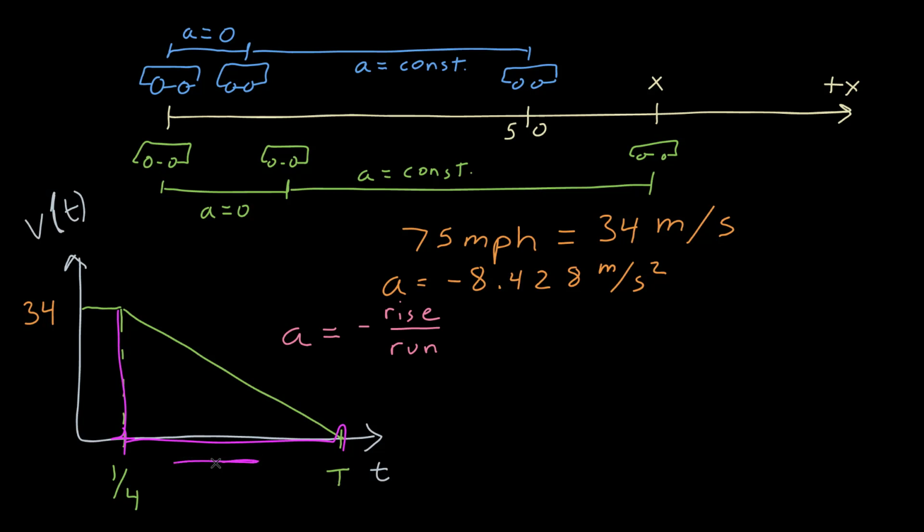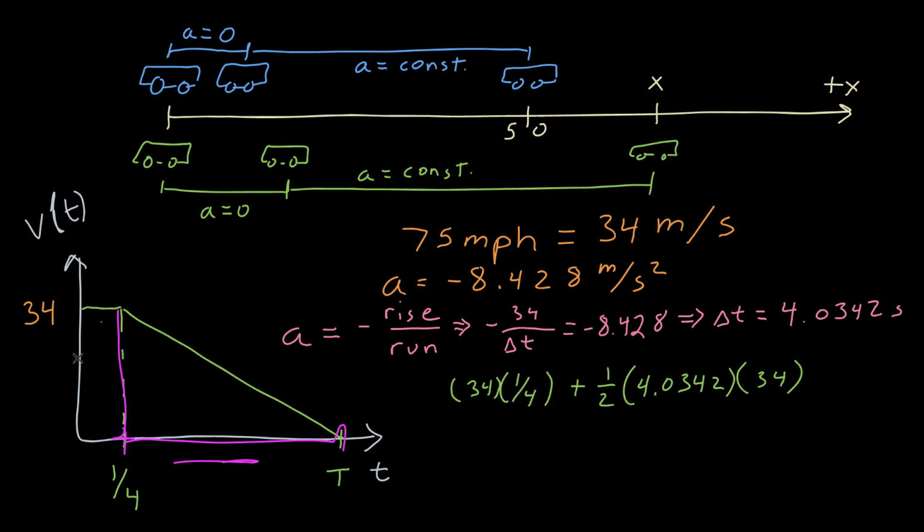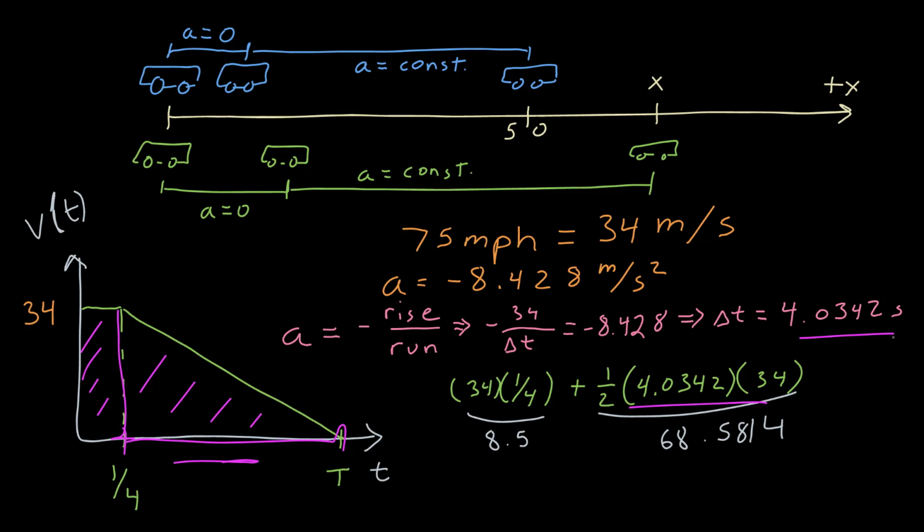And so I plug in those numbers, and I find that final time is equal to 4.0342 seconds. So now I can calculate the area under this curve, which is going to give me the final stopping distance. The area of this first rectangle, base times the height, 34 times a quarter, plus the area of this triangle, which is 1/2 the base, which I just calculated, that time interval, times 34. Those are the results my calculator gave me, and the answer then is 77 meters, which is quite a bit